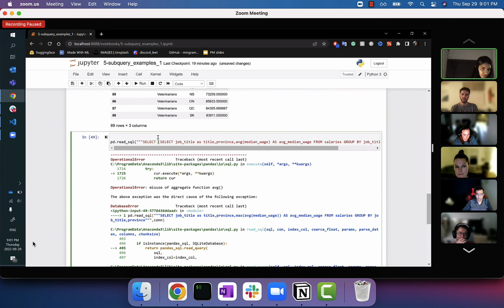So I'm going to do select title, province, maximum of what it returns, because we named it differently, average median wage. And then I have the subquery right here.